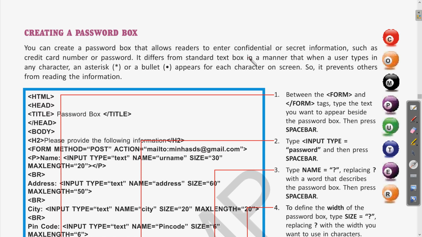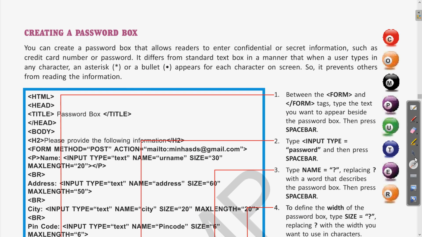But when we use the password box, whatever characters we are writing will be displayed in the form of asterisks or bullet points. So it prevents others from reading the information. The purpose of these stars or bullet points is so that it is hidden and no one else can see it. Clear?